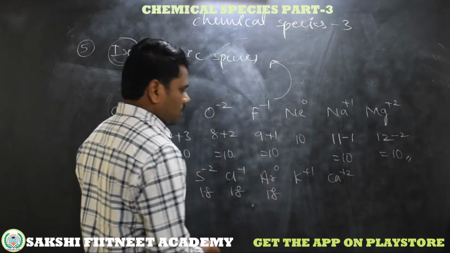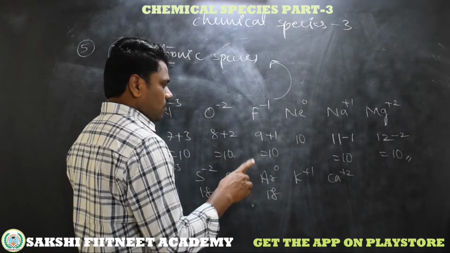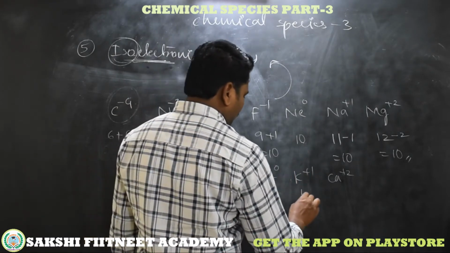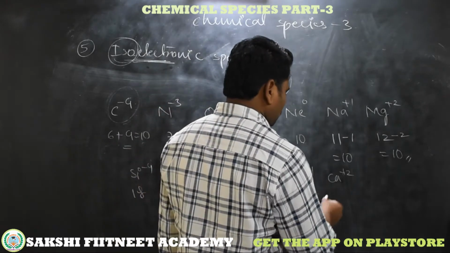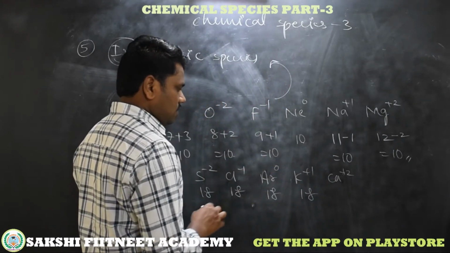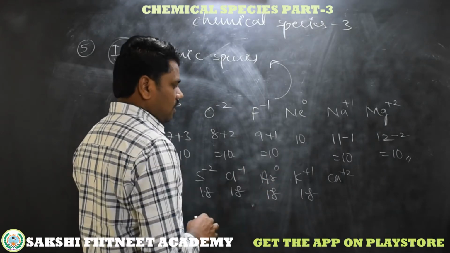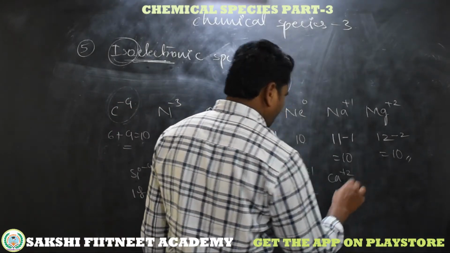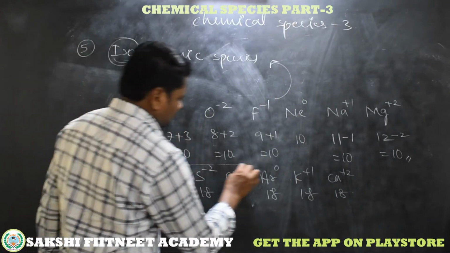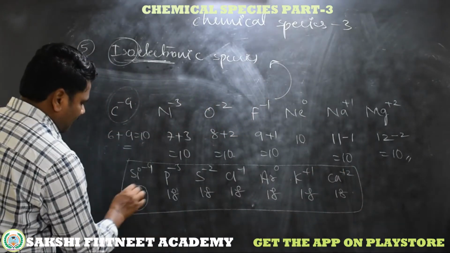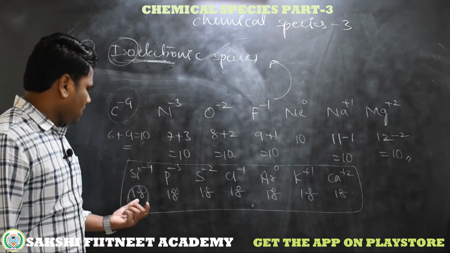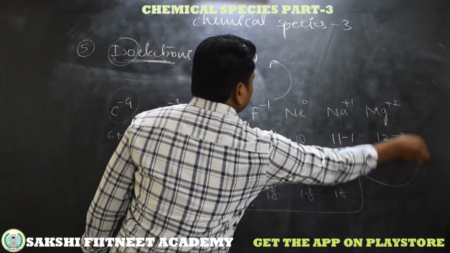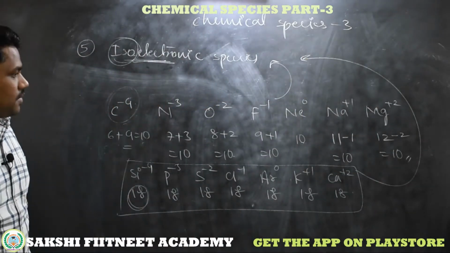Potassium, it's atomic number 20 but lost 1 electron. No, sorry, 19 atomic number, lost 1 electron, become 18. Now calcium +2, total number of electrons when the calcium is neutral is 20, but at the calcium +2 oxidation state the total number of electrons with the calcium becomes 18. So see here, all of these species have 18 electrons. In every species we have 18 electrons. So can we take these elements as isoelectronic? These are also isoelectronic species. Simple.